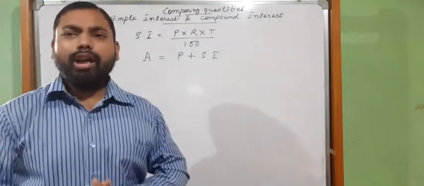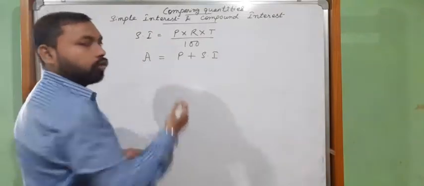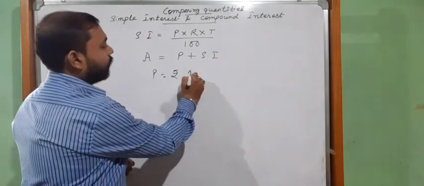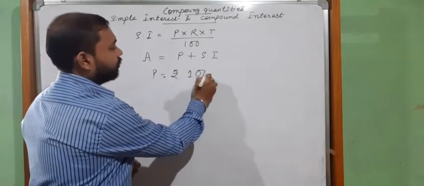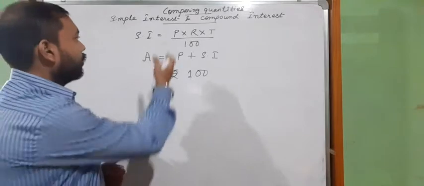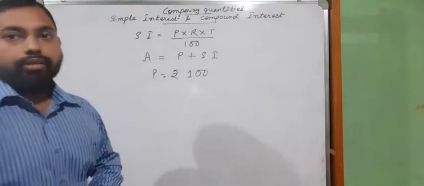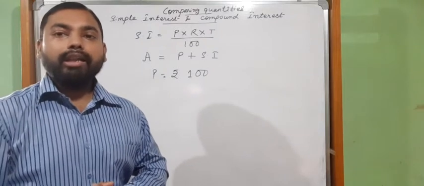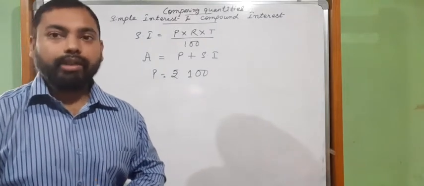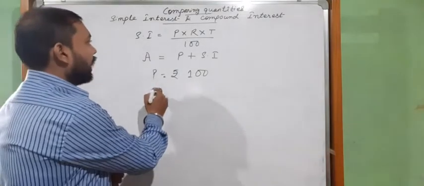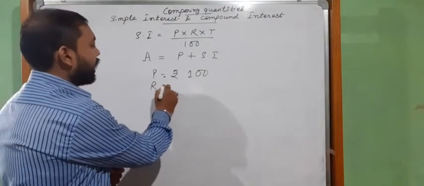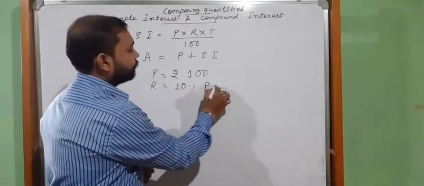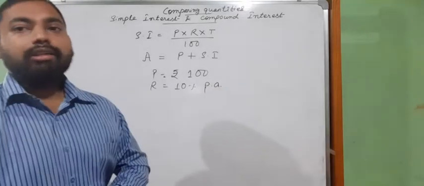Let me show you by solving. Suppose you have taken rupees 100. The money lender has told you that at the end of the year you have to return the money along with interest, that is the extra money, and you have to give the interest as 10%, that is 10% per annum, and the time period is 1 year.